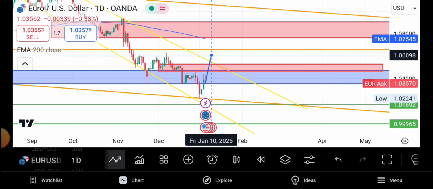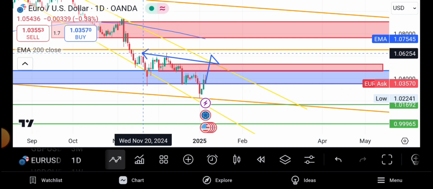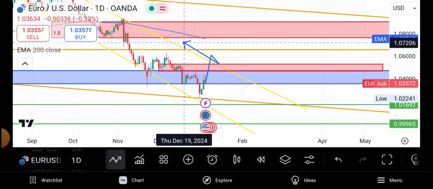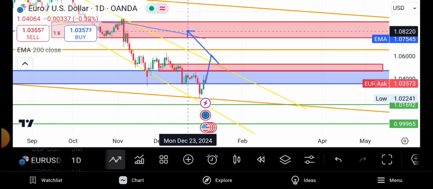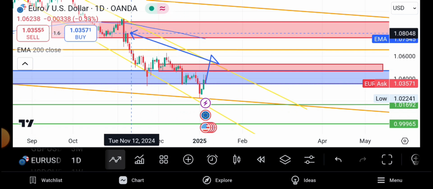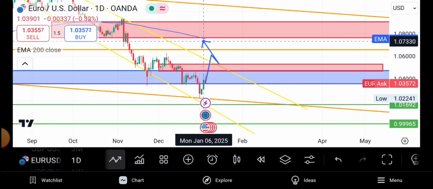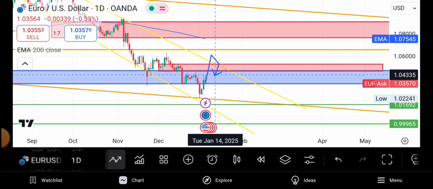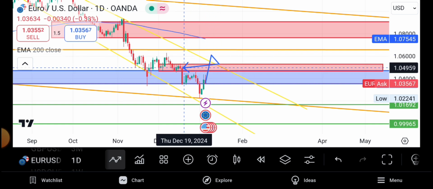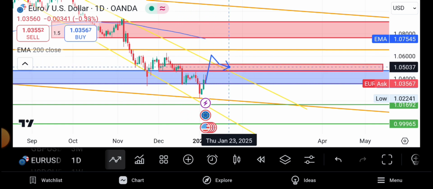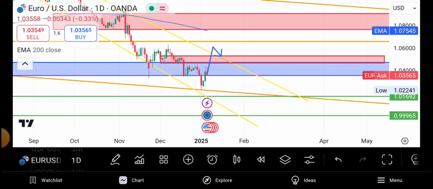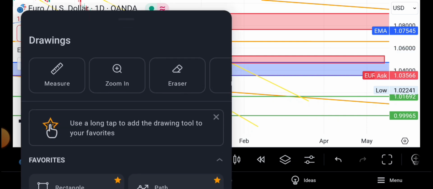And we can see in the daily time frame, this zone that we drew in the weekly time frame, we have a very significant supply zone here that was never retested. So if you are going to buy this pair, you have to wait for this daily supply zone to be cleared out, and this trend line to be cleared out. Once it has been cleared out and retested, now we are going to buy from that zone up to the weekly supply zone, like that. So we are going to buy from that point.